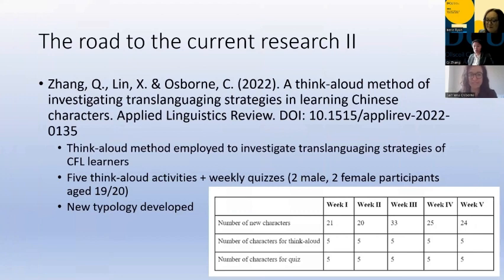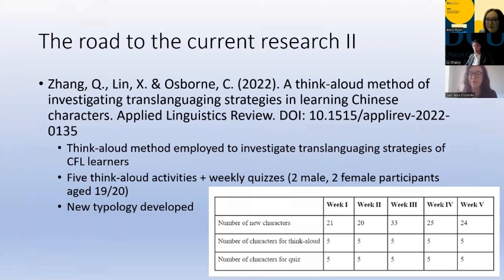So we have previously published a paper, and Dr. Wong kindly mentioned us earlier today. And this paper is a think-aloud method of investigating translanguaging strategies in learning Chinese characters. So this study was conducted by myself and Zhang Qi and our other colleague in Bath University. So we used the think-aloud method for this study, and it was employed to investigate the translanguaging strategies of CFL